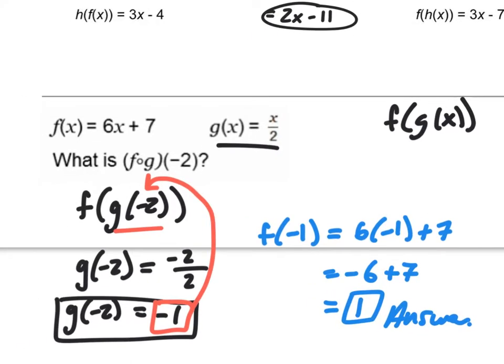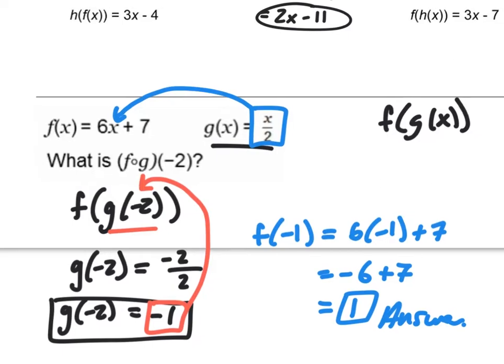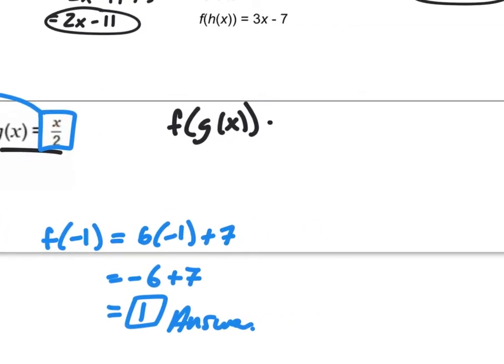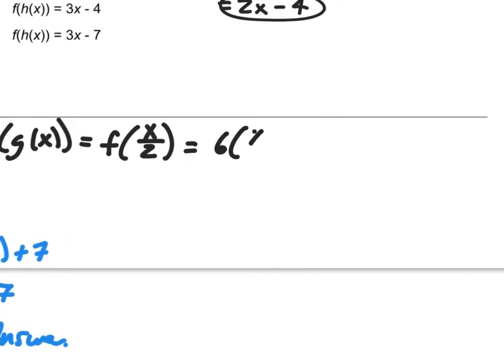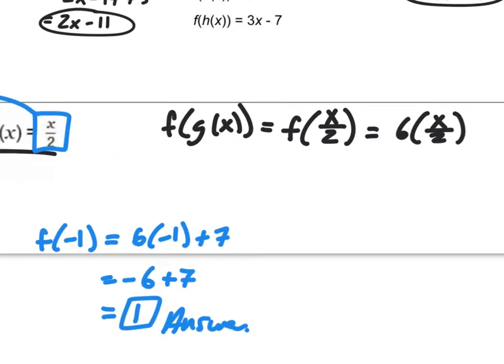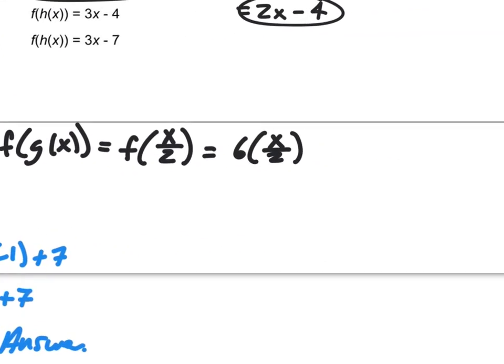Then we're going to take the actual function, which is x over 2, and we're going to plug it into the x value of my other function f. So therefore, we get f, so let me rewrite this. This is going to be f of x over 2, which is going to be 6 times x over 2, and then, what was it, minus 7? No, plus 7. Then it was going to be plus 7. Okay,